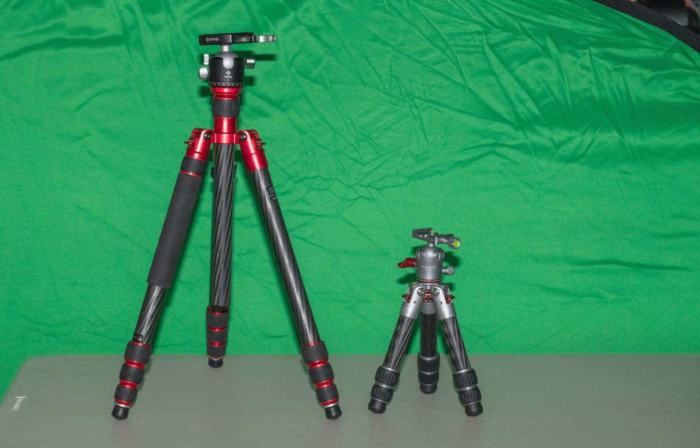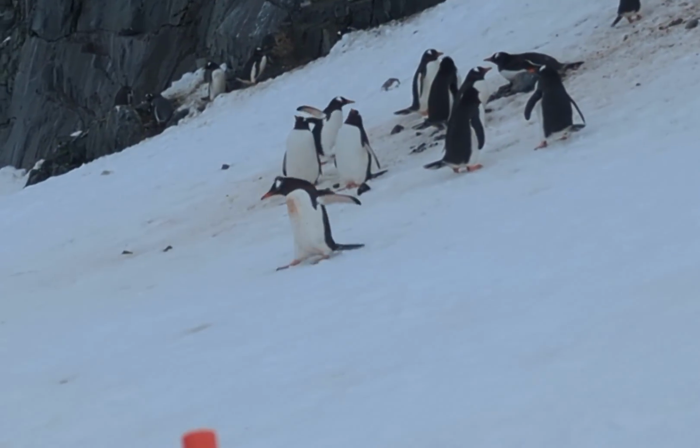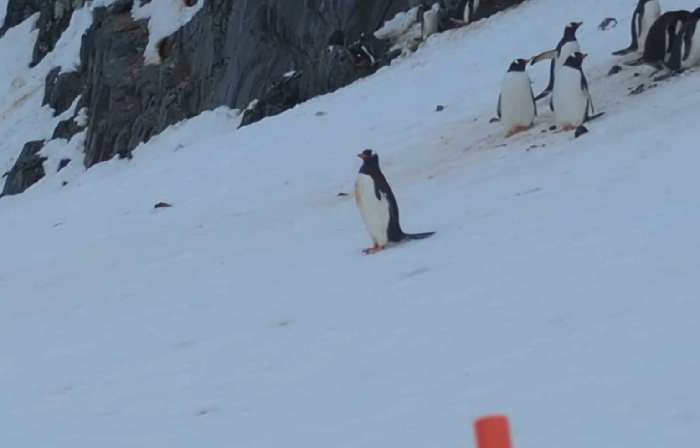I brought a full-size tripod and a mini tripod. I brought the mini tripod because I read that penguin pictures are better if you can get down to their level. My plan was to mount my camera on the mini tripod and put it about 6 inches off the ground. It turns out that you are not supposed to place a tripod on the ground per the rules. Also, all of our penguin viewing was done on snowy slopes where the penguins tended to walk at or about